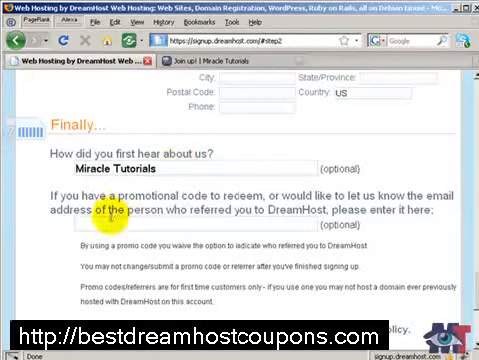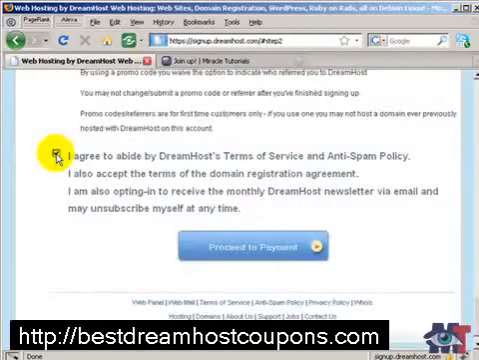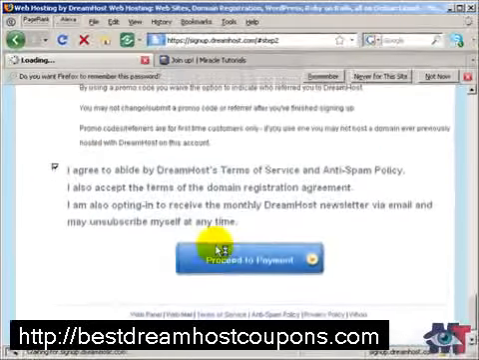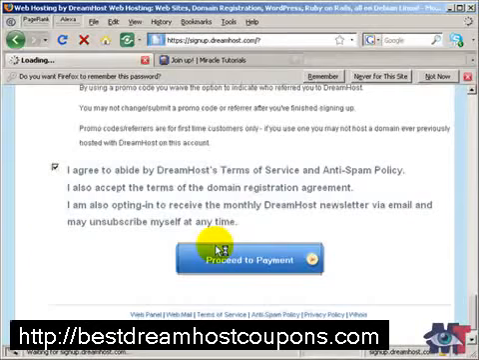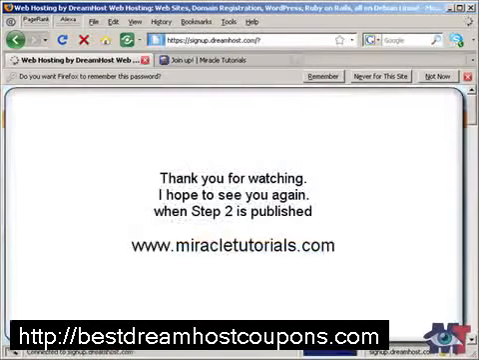Now I'm not going to guide you through the payment process, because that's self-explanatory. You fill in your credit card details, etc., and then after the payment has been processed you get an email from Dreamhost with further instructions and links to your hosting domain. Everything will be explained further